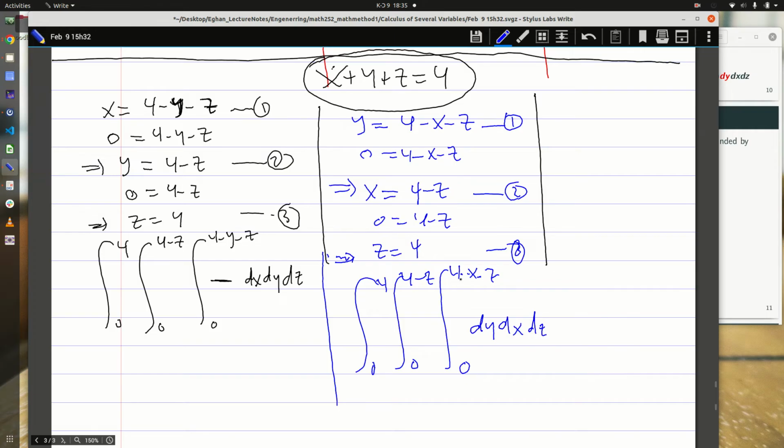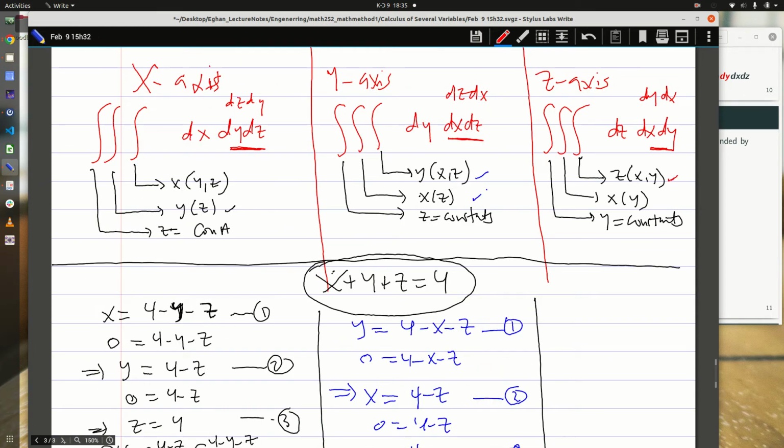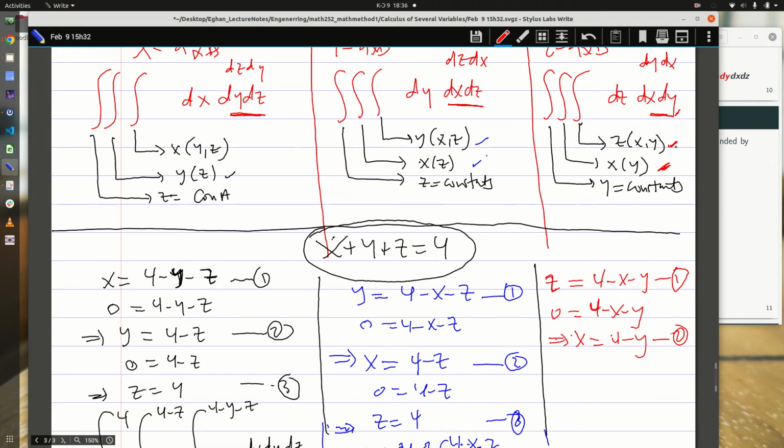as expected. Now the last aspect of the equation, let me change the pen. You realize that z is a function of x and y. It means I want to make z the subject, so z will be equal to 4 minus x minus y. This is my first equation. If I set this to 0, I want the next to be x in terms of y. It means make x the subject. So it implies I'll get x to be 4 minus y as equation 2. The next variable is the y as a constant. If I set to 0, 0 equals 4 minus y, which implies my y is equal to 4